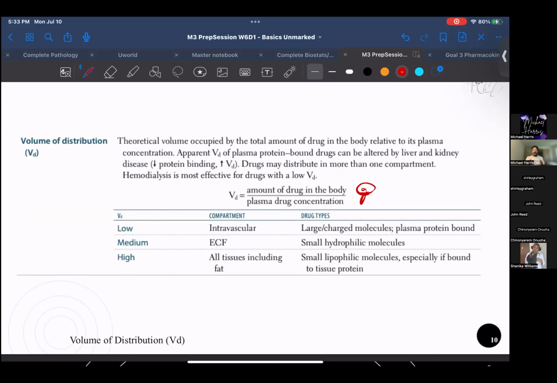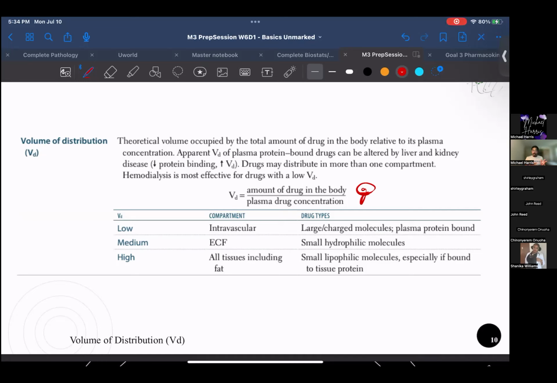For instance, if a drug could only be found in your blood vessels, let's say it binds to plasma proteins or is utilized in the blood versus the tissues, something like heparin. Heparin is a blood drug, okay? It helps with activating antithrombin 3, and you'll talk about that later. But it's focalized only in the blood